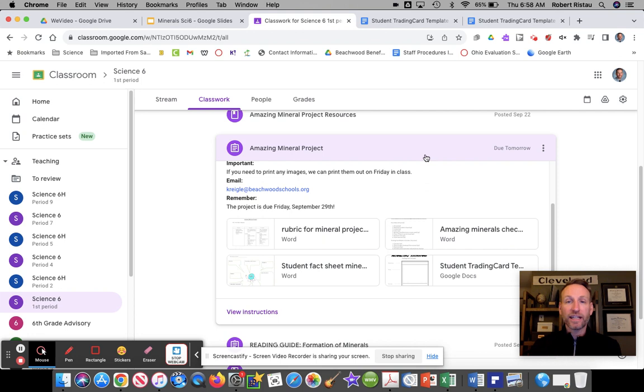When you're done with your project, the next thing to do is that What is a Mineral worksheet. If the partner you were working with last week is also done with their project, you can still work together in the classroom. If your partner is not done with their mineral project, you just have to work alone for today and finish it yourself. Don't wait for them. That's a waste of time. They can't skip finishing their project because that's the number one priority. So if that means you have to work on your own, work on your own. So that's the second thing. What is a Mineral worksheet? Using the textbooks. Third thing then is if you're done with all of that,